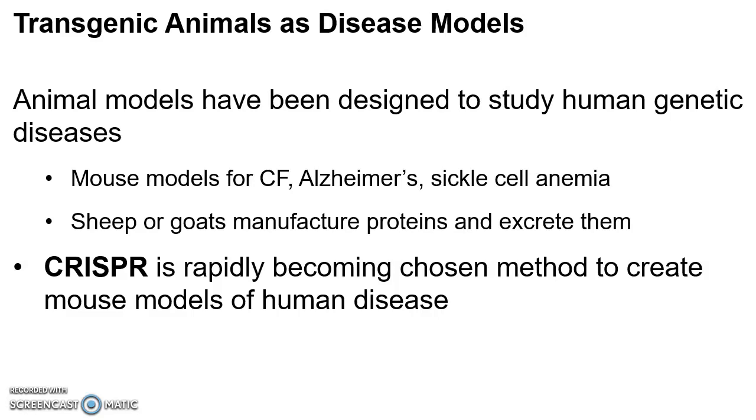Basically it is a tool for editing genes that allows scientists to remove or replace genes pretty easily. There are also a lot of medical applications of this DNA technology, and gene therapy is what describes this collection of techniques where defective genes can be